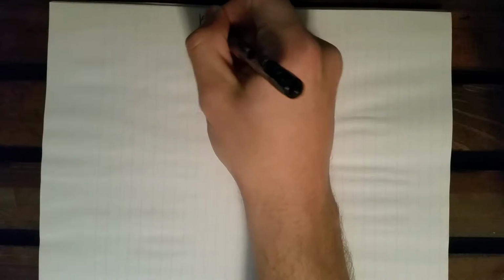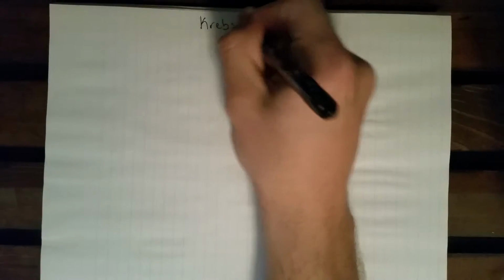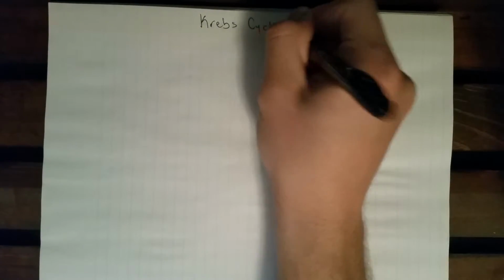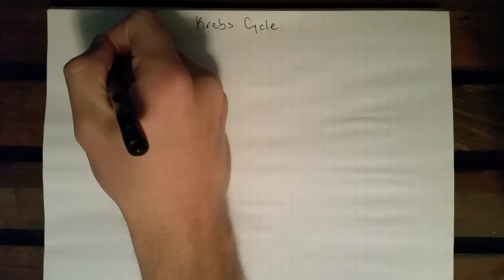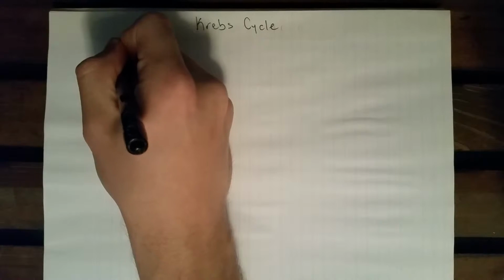All right, so this is the Krebs cycle. Can read that. All right, looks okay. Let's roll with it. So the Krebs cycle starts out with the two pyruvates